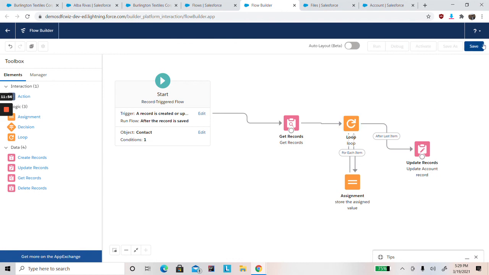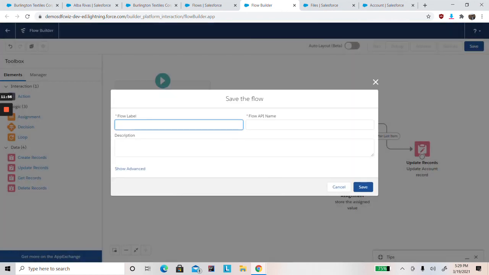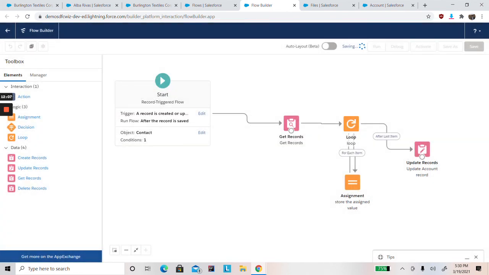So with this step, I'm going to save this flow and I name it as update account with contact details. Just save it. Now we have all the process here. Now I'm going to activate this flow. So the flow is activated. Now I'm going back to the